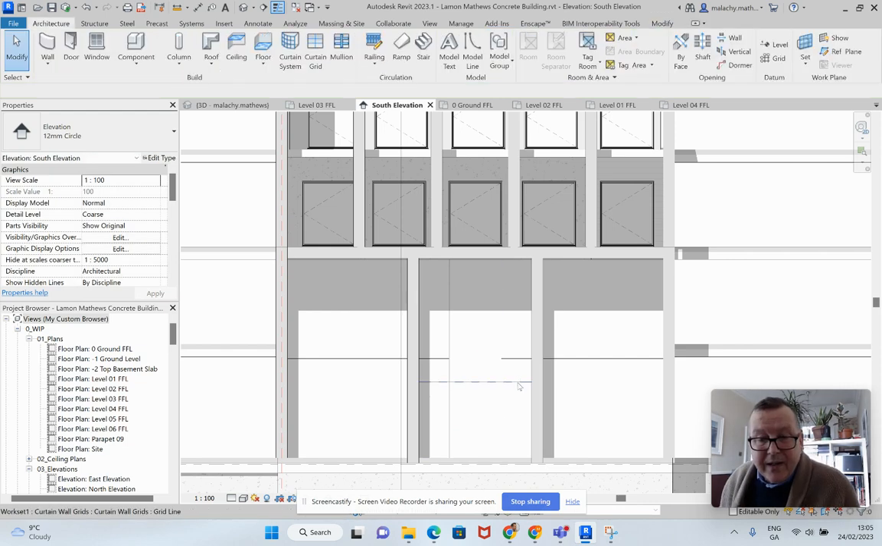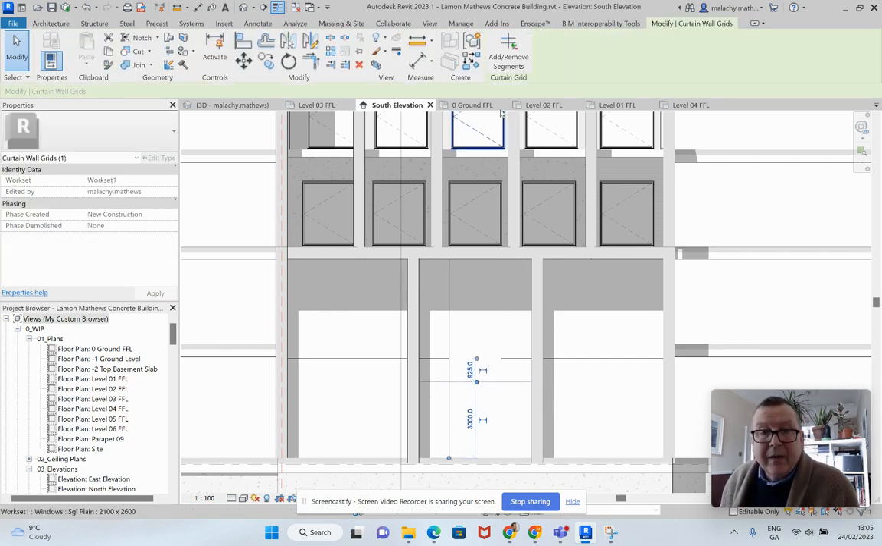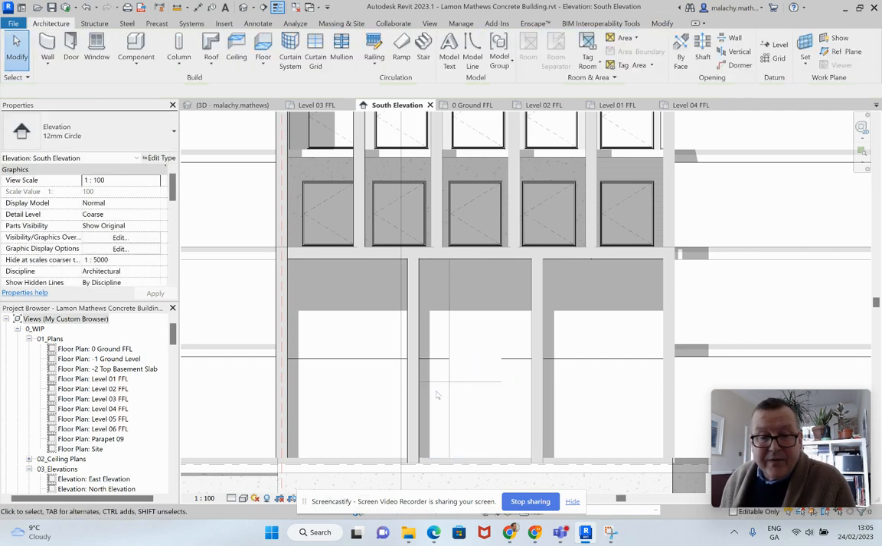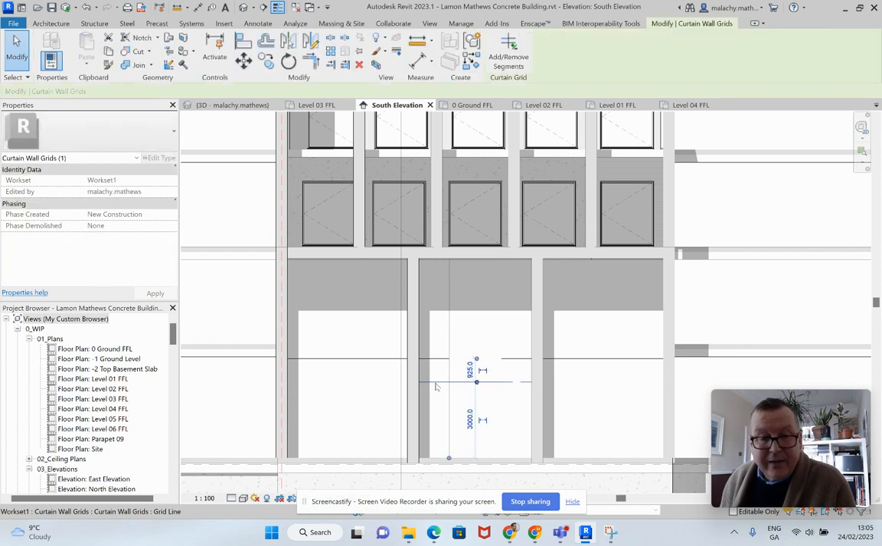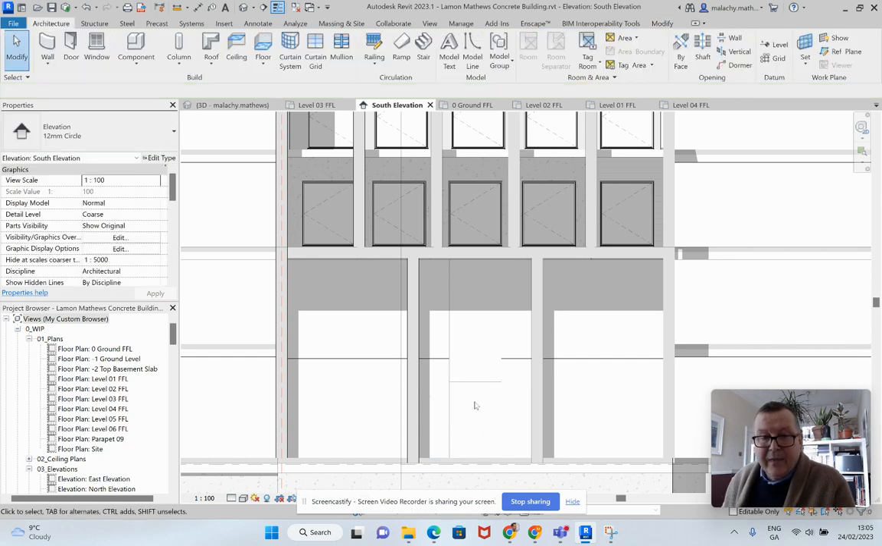Now I need to get rid of these lines here. So select it, add remove sections, select that one and it's gone, right? I didn't even have to hit delete. Same again. Select it, add remove segments, pick it, and it should go as well. All right. Now, what I've done there is that I have one sheet of glass and I've broken it